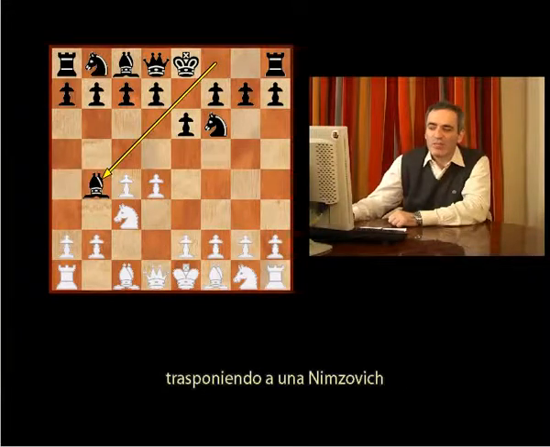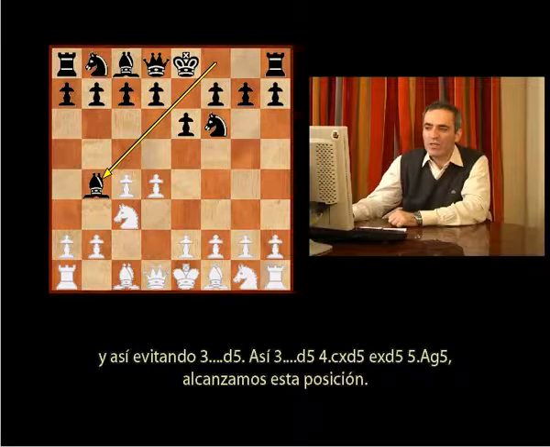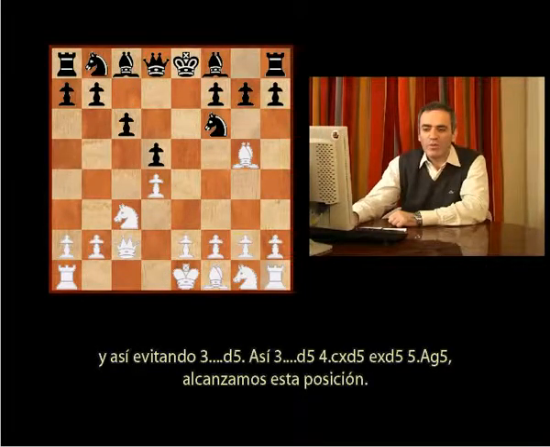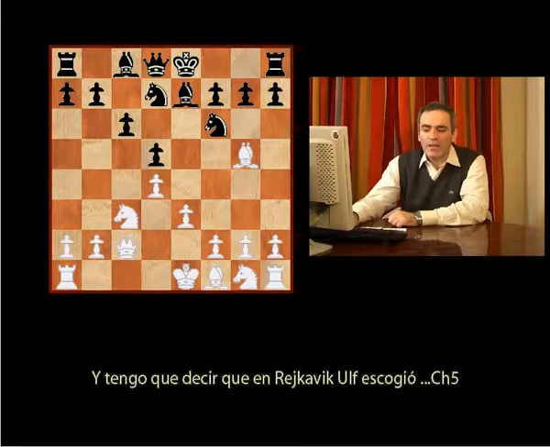B4, transposing the game into Nimzowitsch and thus avoiding D5. So D5, C takes D5, Bishop G5, we reach this position, and I have to say that in Reykjavik, Ulf